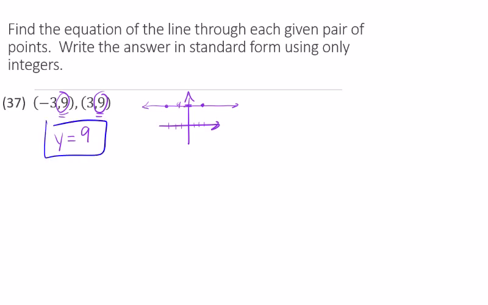Okay, so those are a couple special cases where we saw when the x-coordinate's the same, it's going to be a vertical line. So we just put x equals whatever the x-coordinate is. That remains the same in that standard form. And it also works when we have horizontal lines. When the y-coordinate's the same, we can just put y equals the y-coordinate without showing any work, right? And that's standard form, okay? Because here the value in front of x is 0, right? 0x plus y